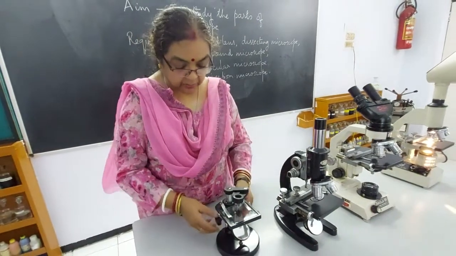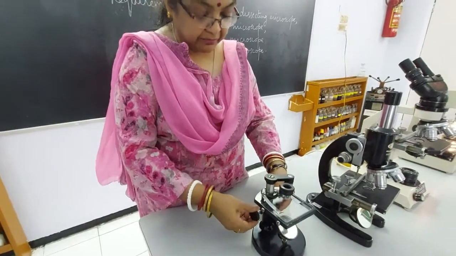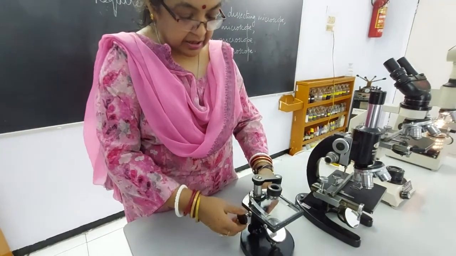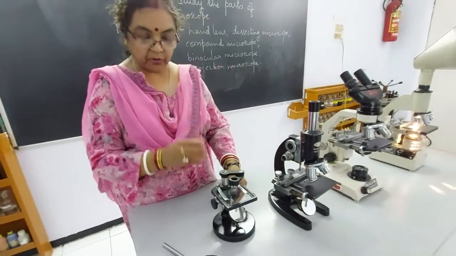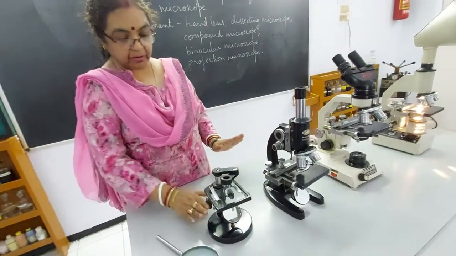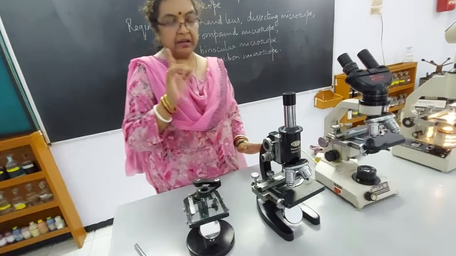To get the sharp focus you have to use these two screws over here. They are called adjustment screws. So you can just adjust the height of the lens and bring it to sharp focus. So we use this very often. You will also be using it in your practical. This is a simple one because we are using just one lens.